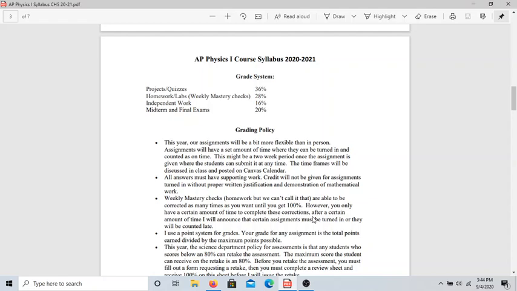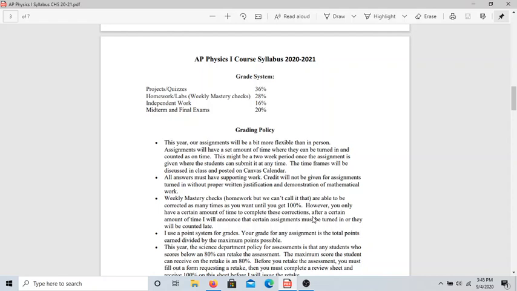Midterms and final exams are still 20% of your total grade. Projects and quizzes, okay? That's pretty much going to look like just quizzes. And occasionally we might have a project, especially this year, to try to do something different. But basically, any of those large assessments, I'm still going to score them like I normally would. So it's just like a point system. But then when they factor in your final grade, that's 36% of your total grade.